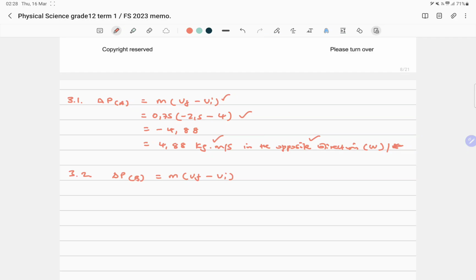Okay, that's fine. And then what are we going to say now? We're going to say, but we know that the change in momentum of ball B is going to be equal to the change in momentum of ball A. Now, what is the story here? We know that this is an isolated system. Momentum